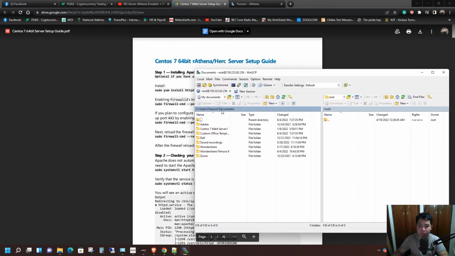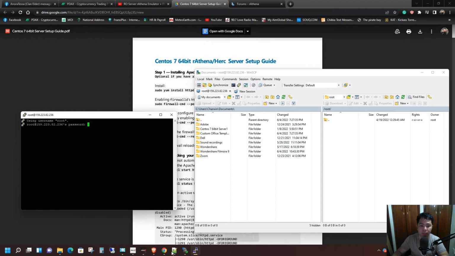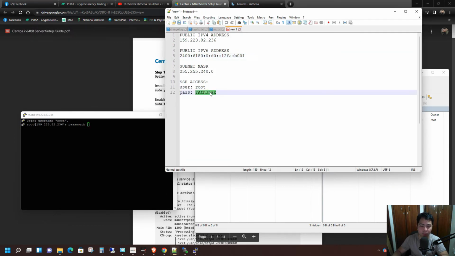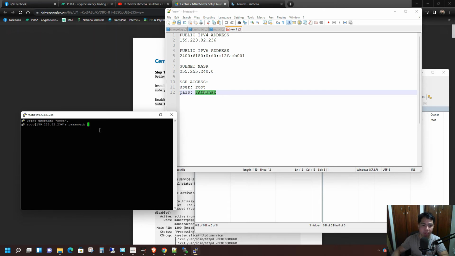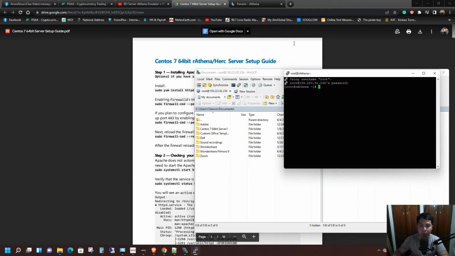Also let's open PuTTY. The password is this one. Right click and then enter. Okay,